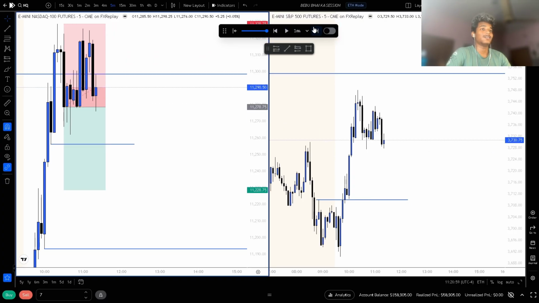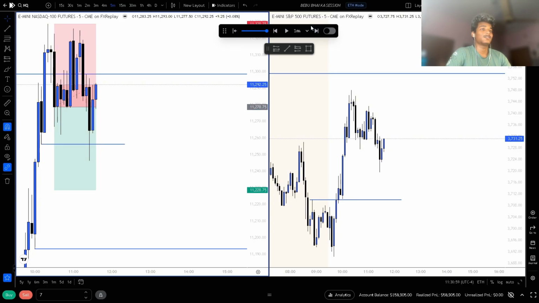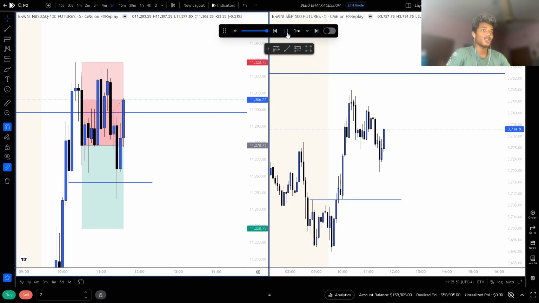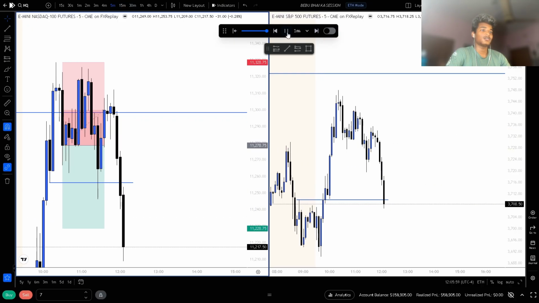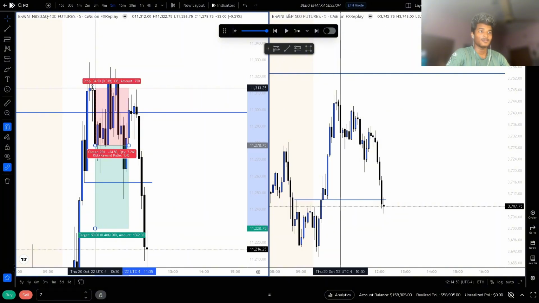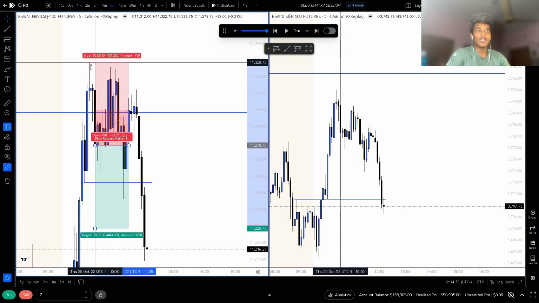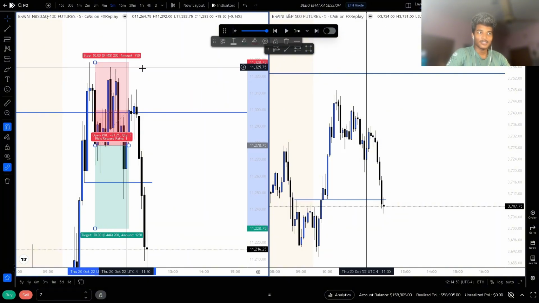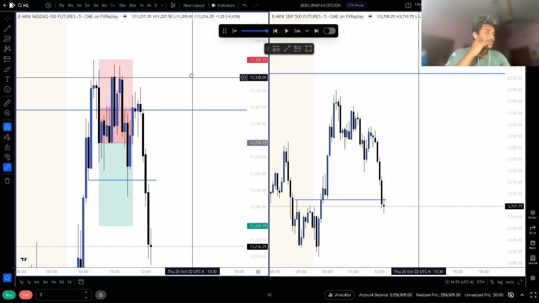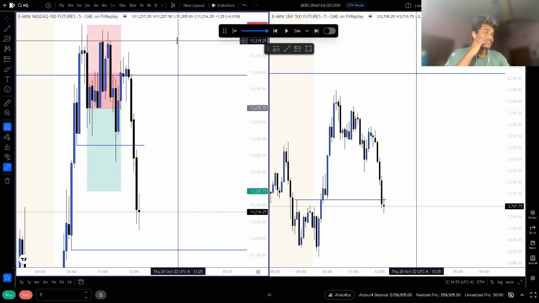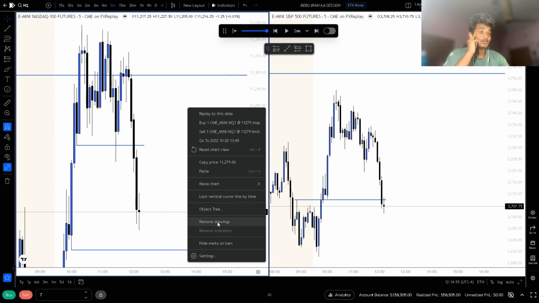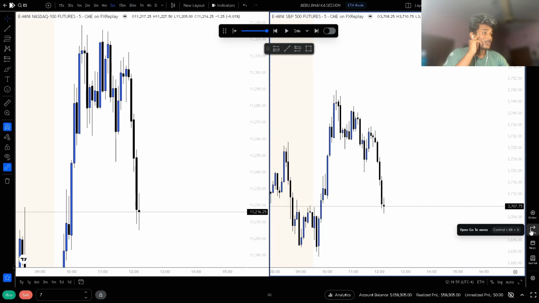Oh my god, guys. So this setup is actually, I do think if you place your SL around here, it's a loss. If you place your SL at this, it's a break even. And if you don't do any break even, then it's a win. So rules are rules for me, and let's just move into the new day.